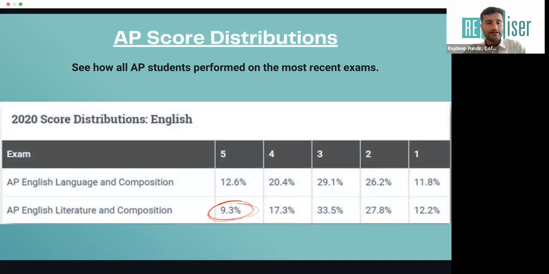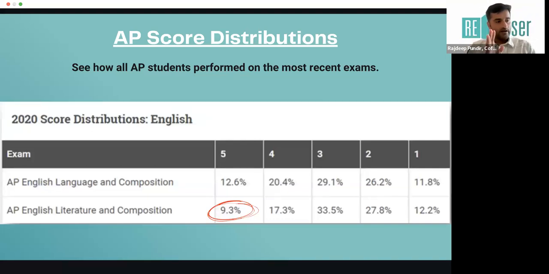Now, let's try and understand a couple of things, and I think the bigger question that I want to answer next. So we have understood what APs are, and what the benefit of writing that exam is. We've looked at the structure of the exams. We've looked at how the scoring works. Now, in the next couple of slides, I want to answer a very, very important question. So I have understood what APs are, and I'm interested in writing it. I understood the benefit, and I know this is the reason why I want to write it. Now, can you help me understand which is the right AP? So in the next couple of minutes, I'm going to spend time on helping you out: how do you figure out which is the right AP for you or for your child, right?